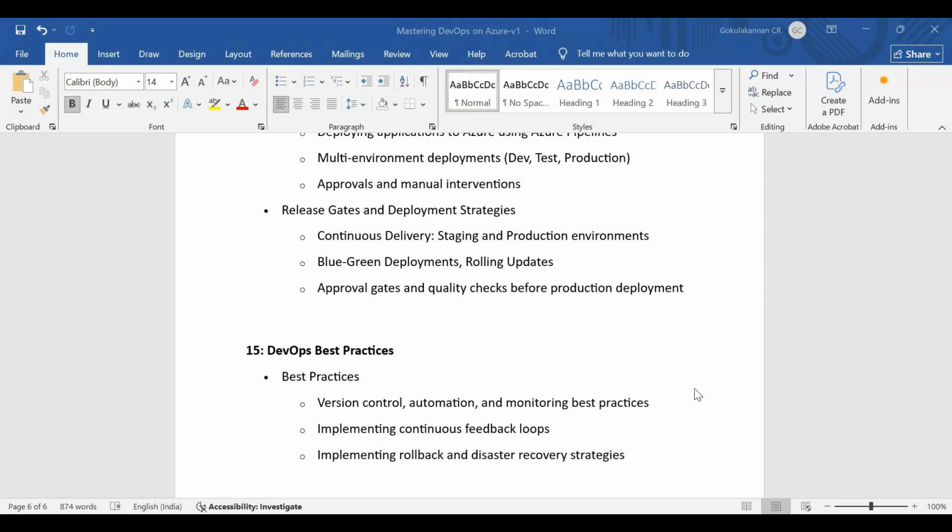Going back to our discussion, about who usually attends our class: this course curriculum was created keeping all sets of attendees in mind. Irrespective of your background, you might be from an IT background, a cloud background, a development background with some coding knowledge, or a testing background who is a manual tester.